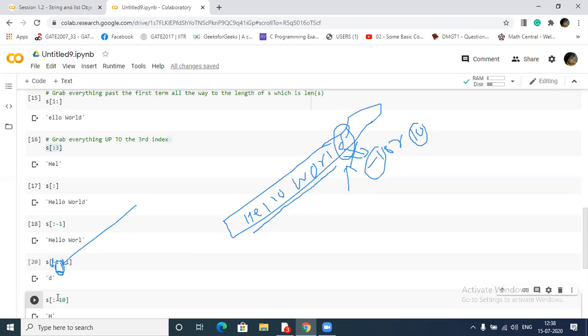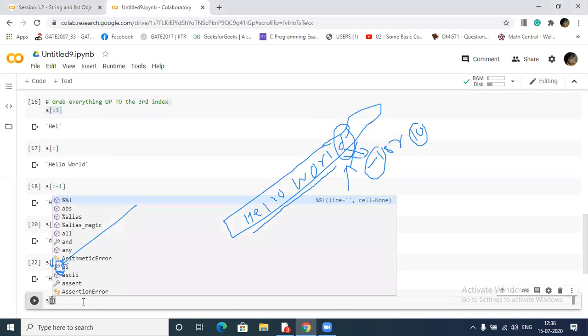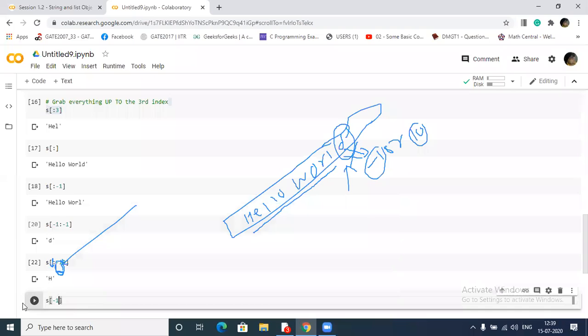Now without colon, if I want to print D only, then what should I write here? -1. Then it will print.